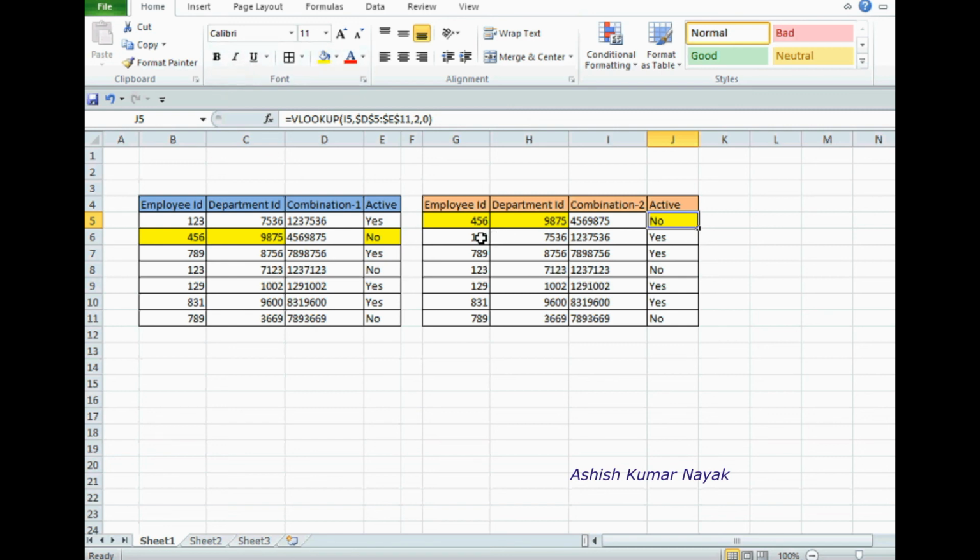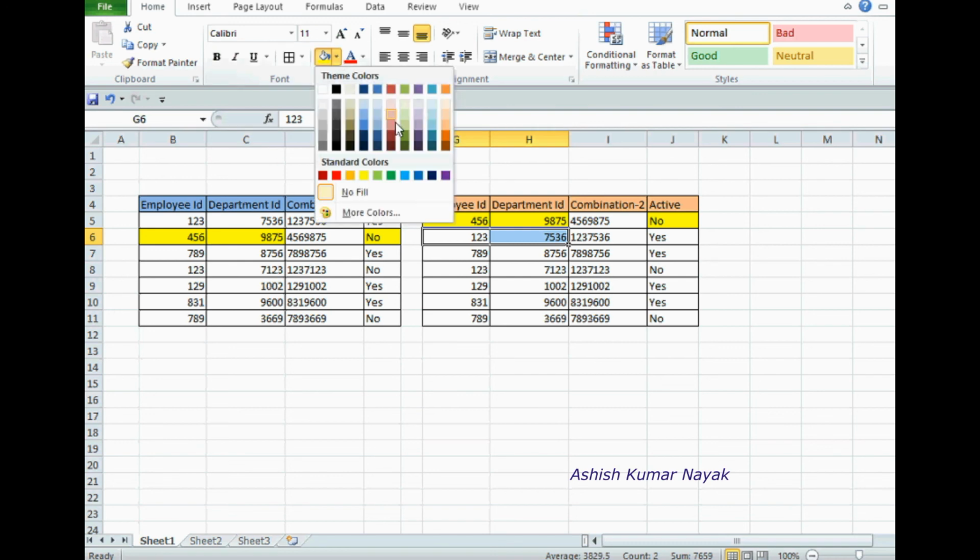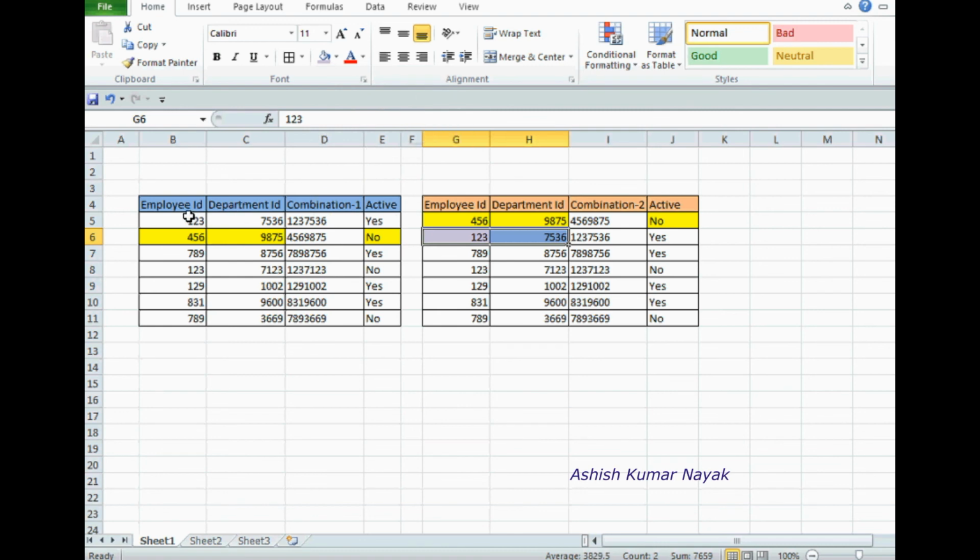Coming to 123 7536, in the first table. What is the value? The value is yes. So here in the second table the value is yes. But in the first table, what we saw, 123 is there 2 times. Here also it is there with a different department.